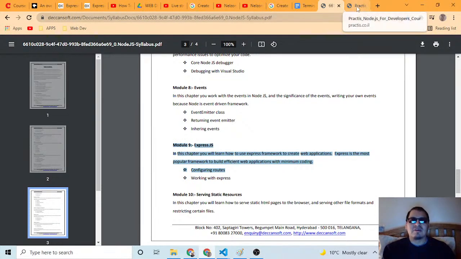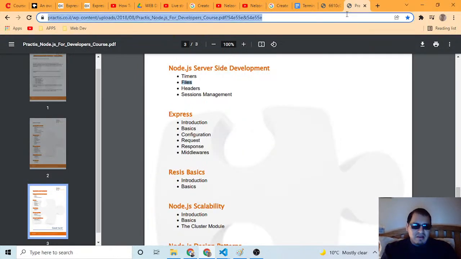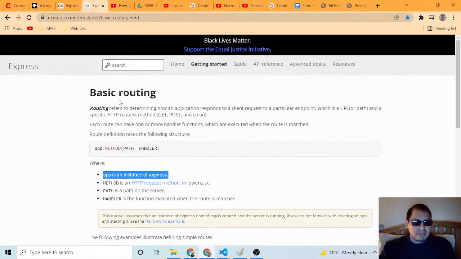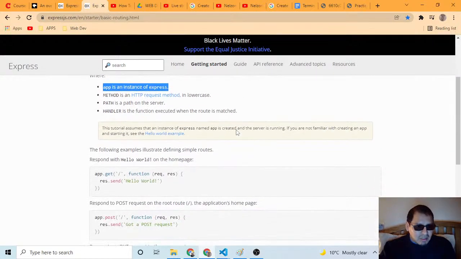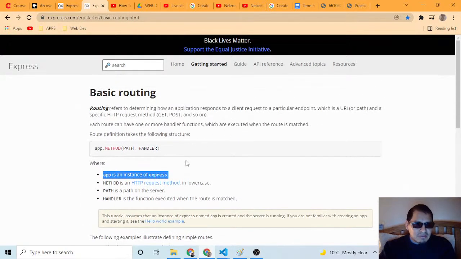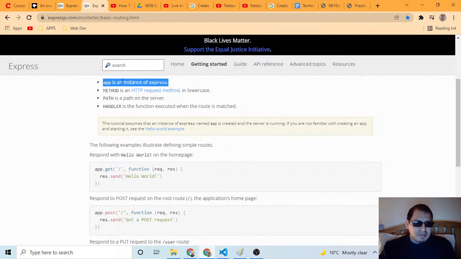Okay, let me go. In order to learn about routes, I need to type Express. Over here I have one. Basic routing. An app is an instance of Express.